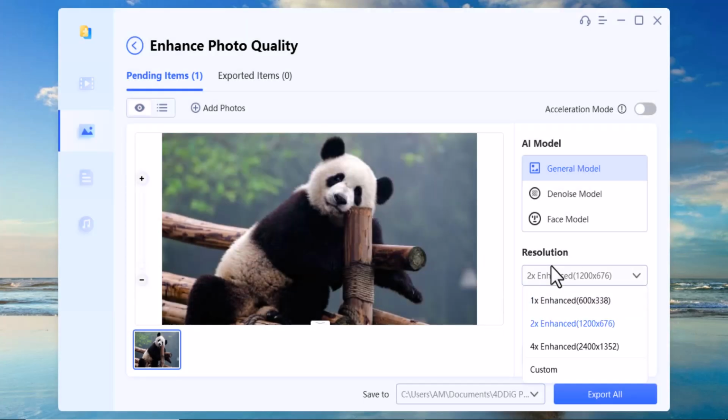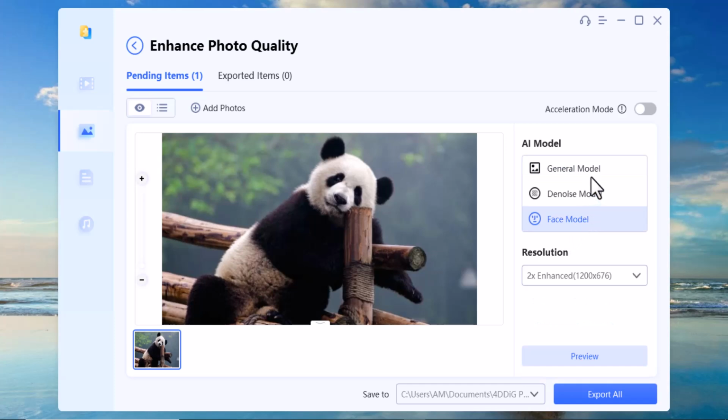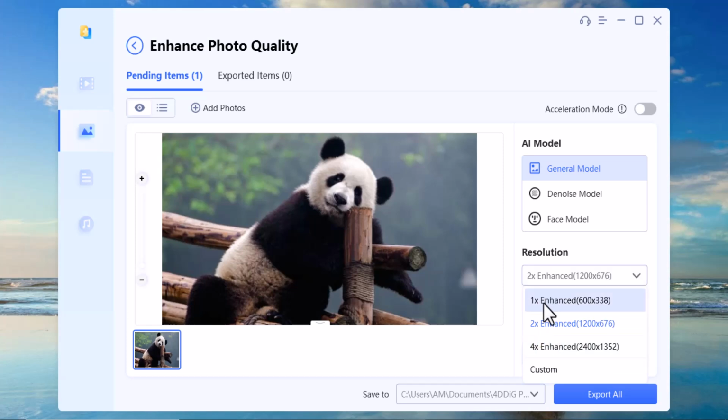Here you can select the AI model like general model. You can also select denoise model and face model. So I click on this general model, and you can select the resolution to 2x, 4x, 1x and custom. If I click on this 4x enhanced option and I click on this preview button,